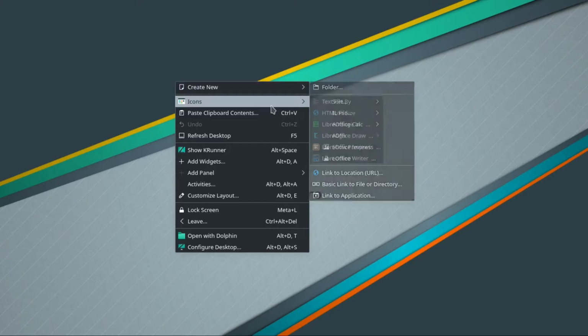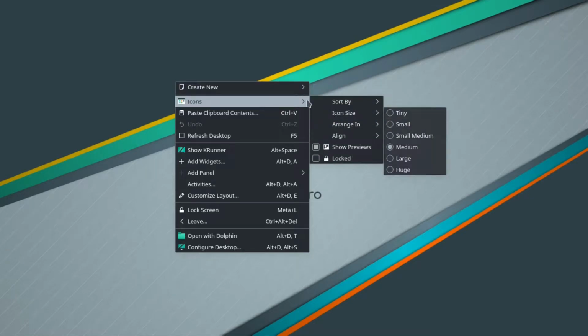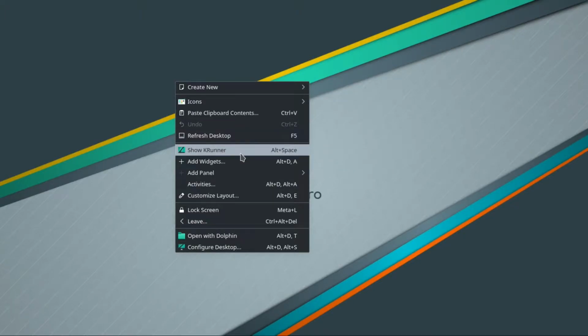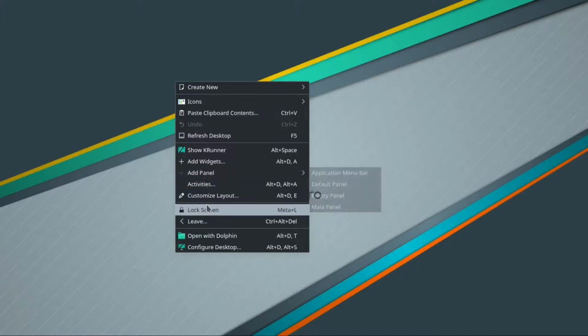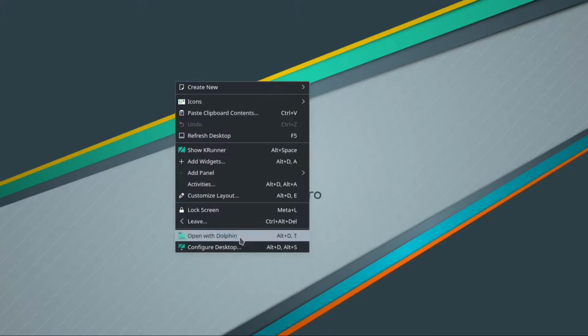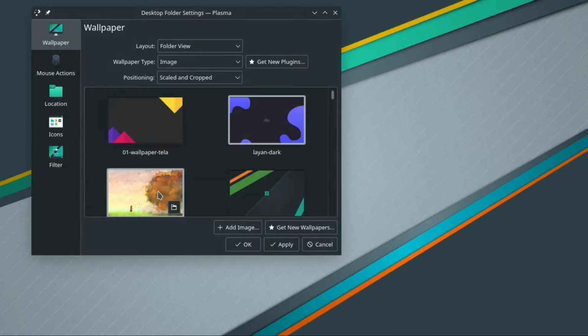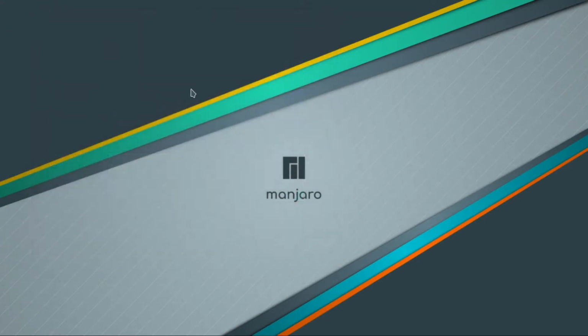So here we are discussing Plasma Desktop and what the features in Plasma Desktop are. Recently I installed Plasma Desktop on my system, and I have noticed some features that I would like to tell you about, which make me happy. First, we are starting with simple by default. Plasma is designed to be easy to use.